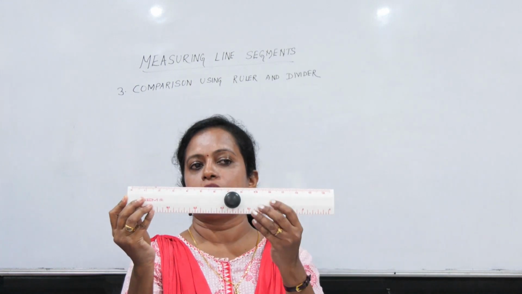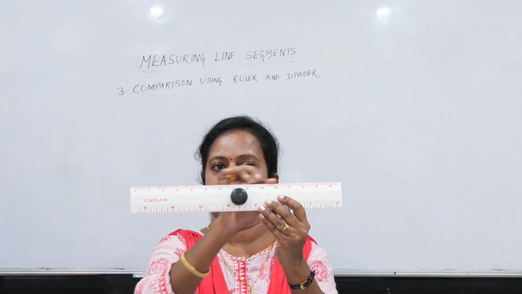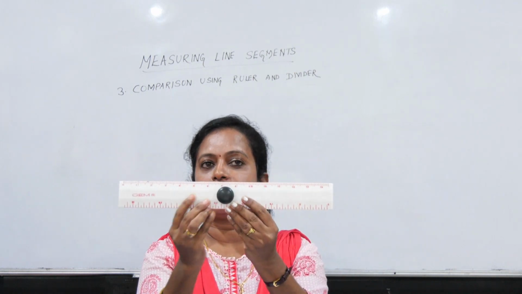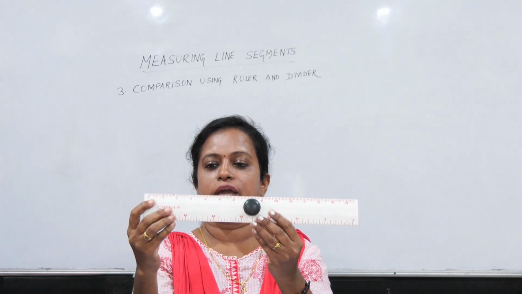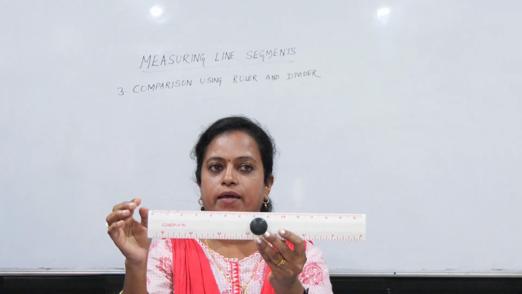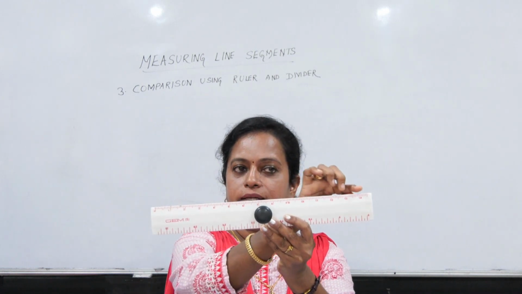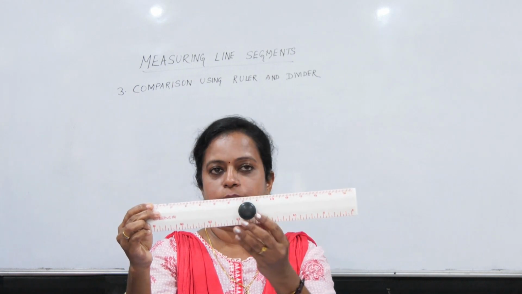आपके पास जो रूलर होगा वो साइज में छोटा होगा, but here you will see the markings will be there at both the ends. These markings will give the length of the line segment, okay, which we are measuring. तो यहाँ पे दो जो मार्किंग दिए हुए हैं, ऊपर की तरफ में सेंटीमीटर में दिया हुआ है और नीचे की तरफ में जो है वो इंचेस में दिया हुआ है.